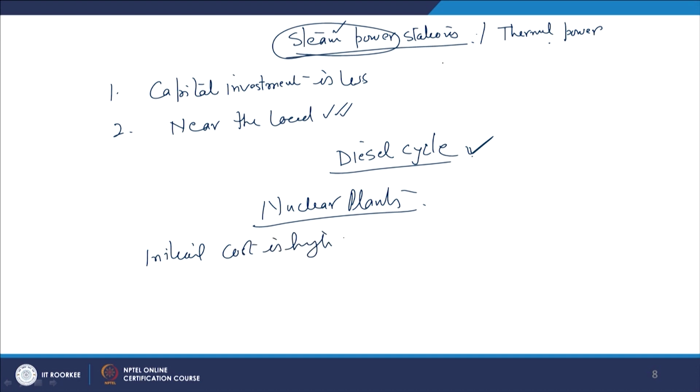And running cost can be compared with the thermal power plant, but the initial cost of nuclear is higher. That is why the cost of the energy generated in a nuclear power plant, I mean the cost per kilowatt hour, is slightly higher than the normal thermal power plant. And second is limited availability of the fuel. Fuel availability is the main issue in nuclear power, fuel availability and disposition of used fuel. These are two more limitations in the case of a nuclear power plant.